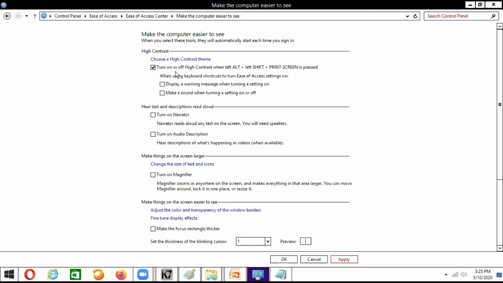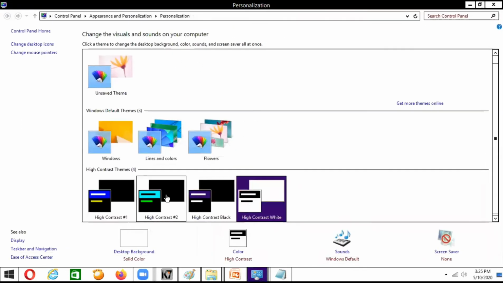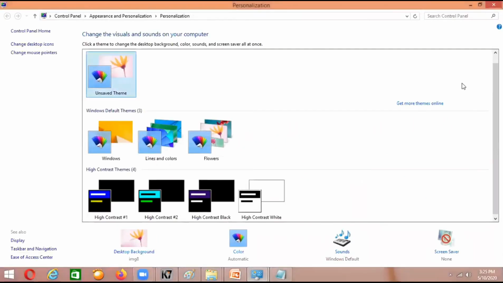Now you can see the changes, right? The screen has been changed, right? So I can show you a little bit better. So these are all the high contrast options, in what way you want the screen to be displayed. These options you can select from here. This is in Windows 8. Okay, and I'll just go with the normal plain selection now, and then I'm moving out of the screen, and then we will see the next option.